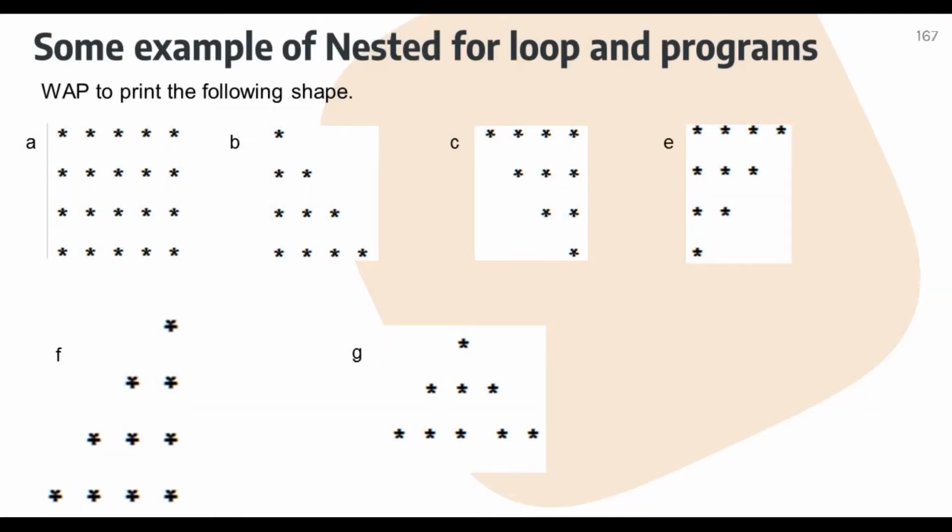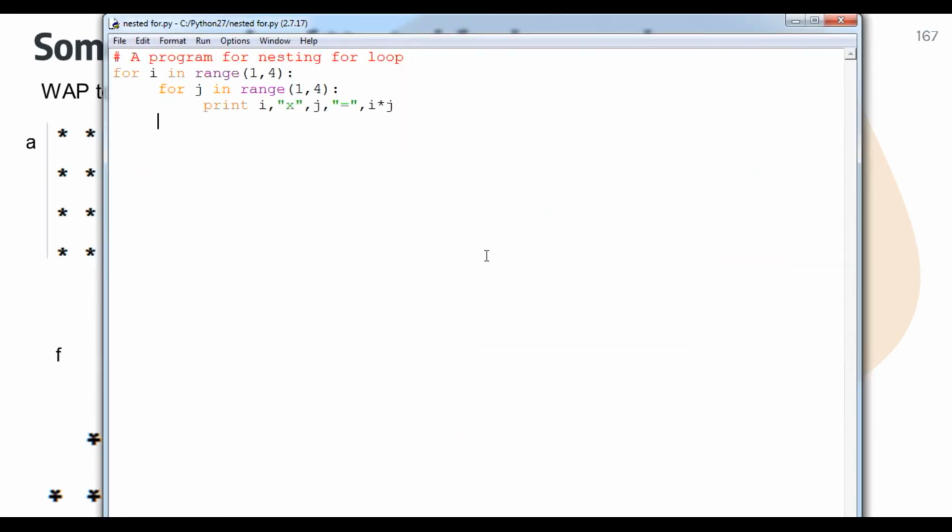Now we are talking about some programs on the basis of nesting of loops. It can be based on a while loop also. We will learn what a while loop is further in this video. We are going to design some shapes according to that also. So how to do that, student? First of all, I will solve a and b, and the rest you will do. It is homework for you all.